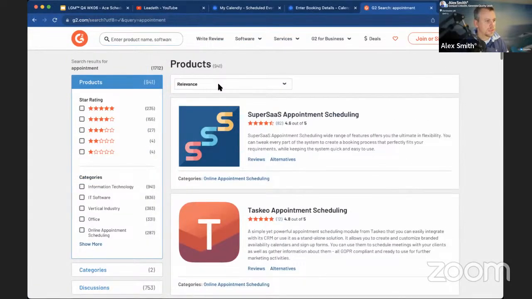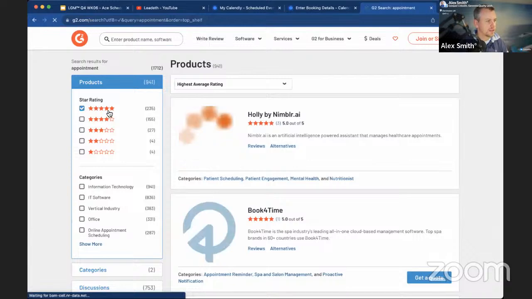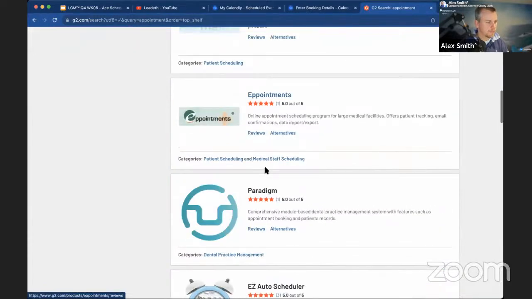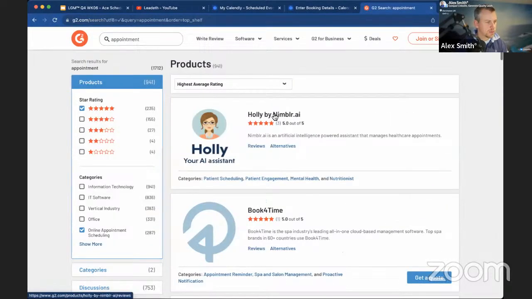So you can sort them by relevance, popularity, and the rating, what users rate these software. If you just want to see the top ones, you click the 5-star ratings. And if you go to online appointment scheduling, which is what we're looking at today, that will give you an overview of lots of different tools out there. But what's really helpful is when you go into one of these,